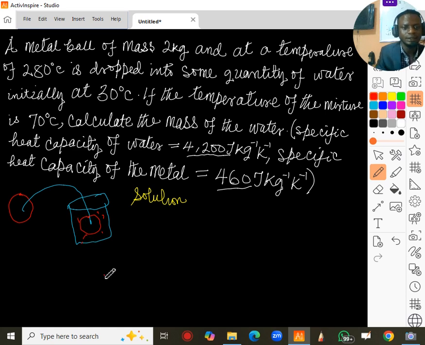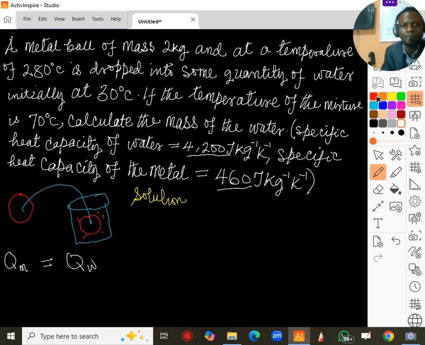The whole essence is that if we neglect the heat loss to the surrounding, we'll discover that the heat loss by the metal ball, Qm, is equal to the heat gain by the water,